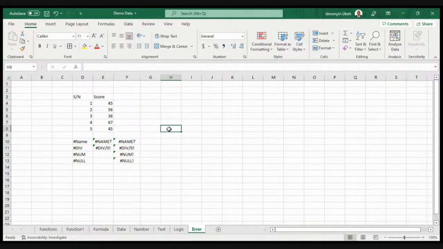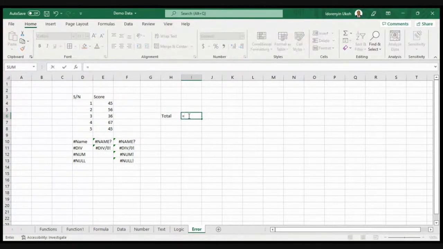So for example, I want to calculate the sum of these scores that I have here. So I'll come here on the particular cell I want to do the calculation. So I'll say total is equals to.